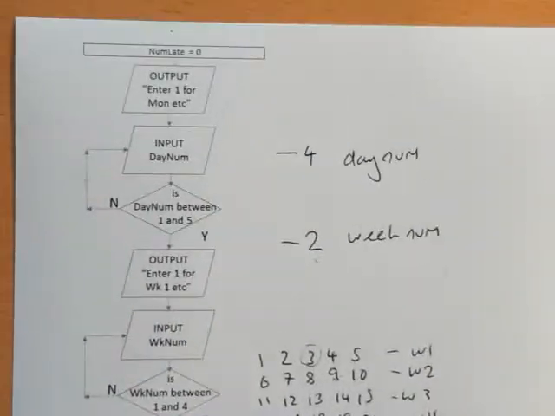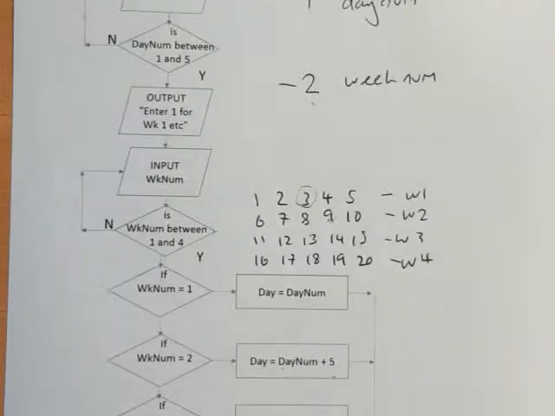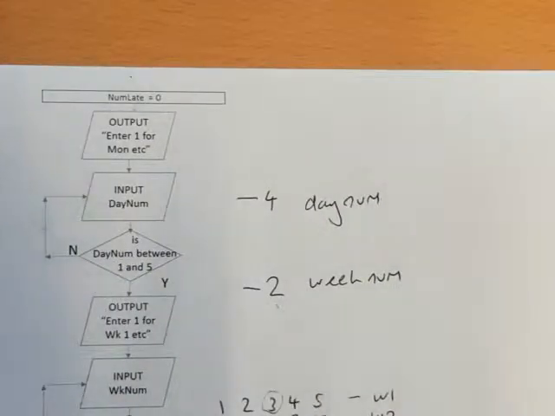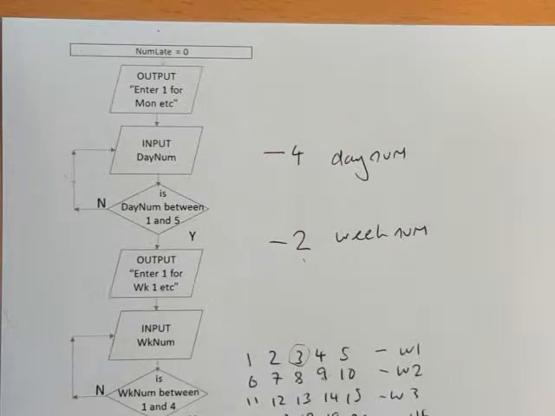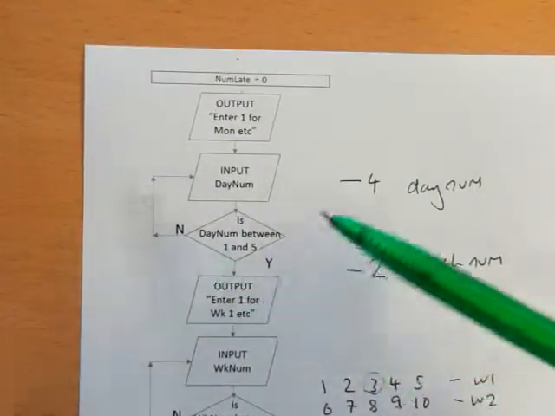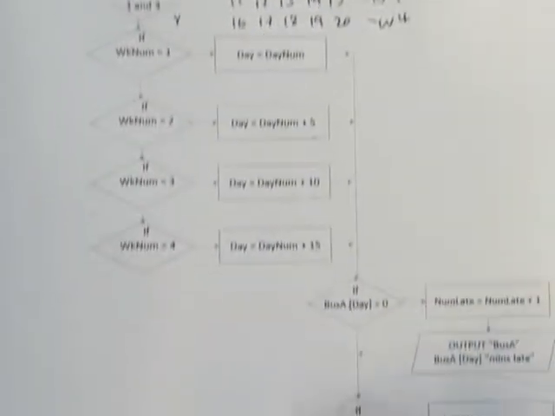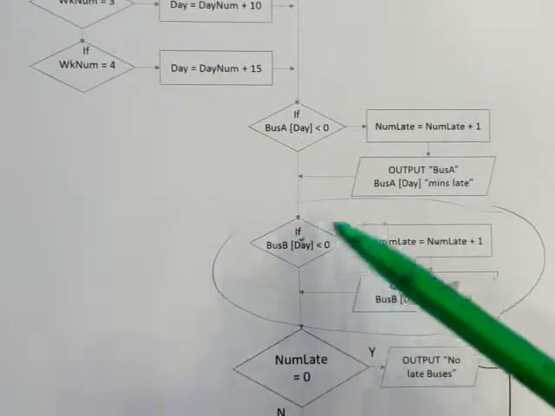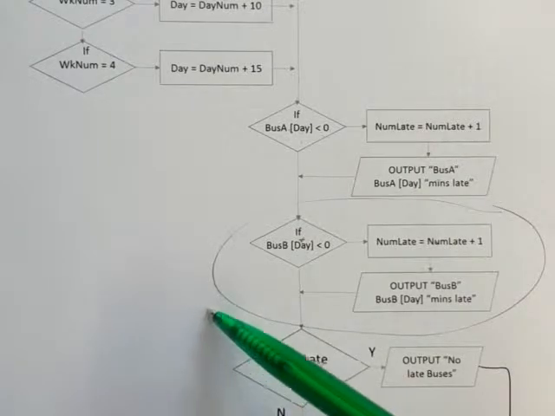Okay. Again, we spent quite a bit of time going through this in lessons. Now you may well have a different solution. This is the solution that I led you through as we were going through it. Some of you I know may have taken a slightly different approach, and there are many different ways that this can be solved. Okay, so just be happy and confident in the way that you've decided. But I think it's important to try and add little bits of annotation to say whether you're validating something, you're outputting a message to the screen, you're doing some processing. You've got a bit of code here that you'd like to repeat, but you're not going to fit it in the page. I think as long as you explain that,